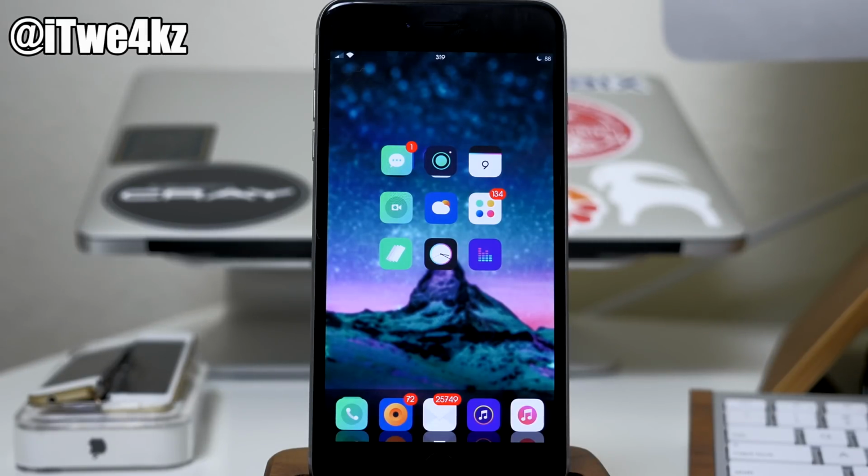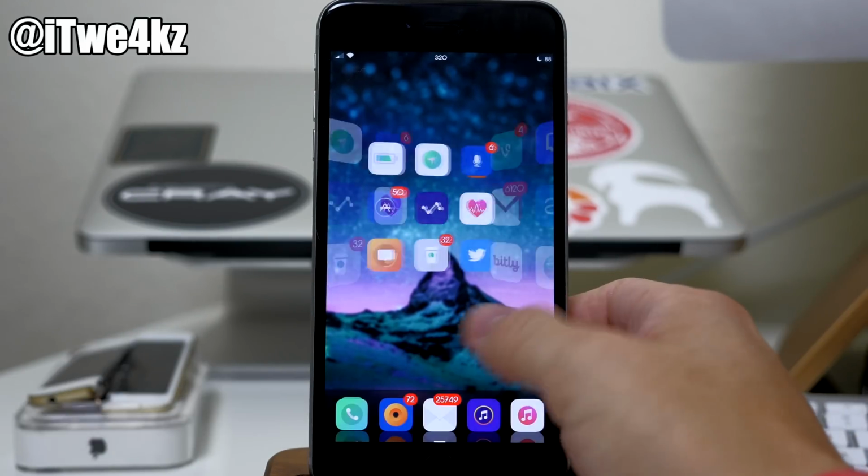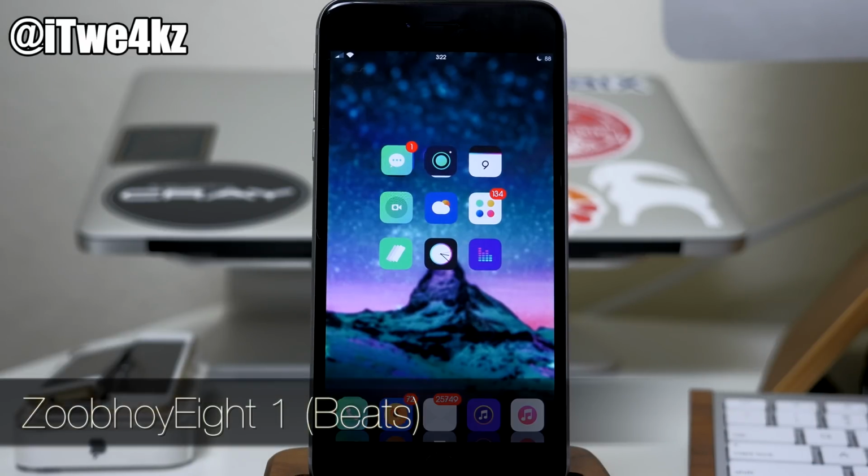So to begin with, the theme that I'm using here is called Muse. And it's a really cool theme. You can see that it has pretty good icon support as we swipe through here. And then the font that I'm using in this video is a font called ZoobhoyEight 1 Beats. So you're gonna have to actually download ZoobhoyEight Winterboard theme in order to get this font and then install it